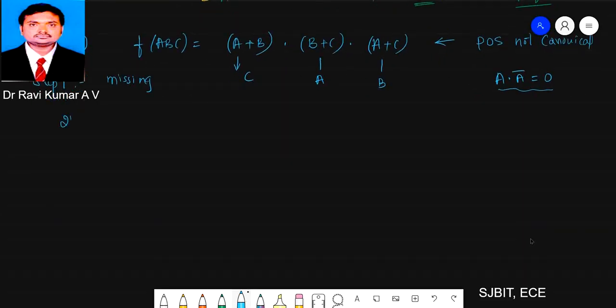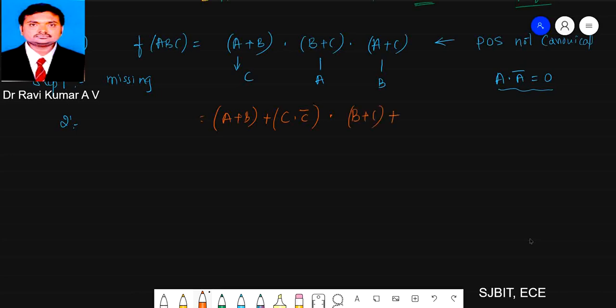The second step is to OR with A plus A bar. Before, we did it with the AND operation; here we do it with the OR operation. Let me show how we are supposed to do it here. See, A plus B, plus, OR with the complemented form C into C bar, into B plus C,